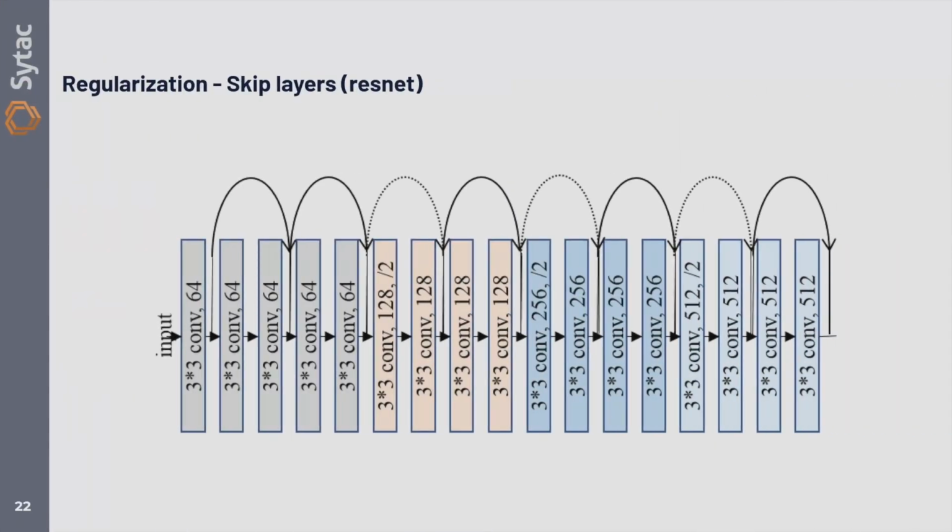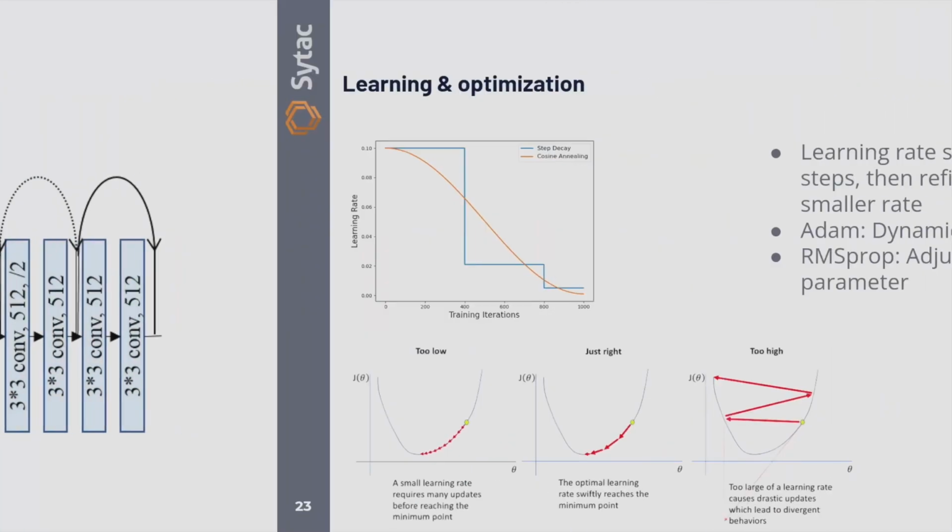Skip layers, so this is still used sometimes. It's also a very elegant solution in my opinion, in the sense that sometimes if you have a super deep network, it forgets information from earlier layers. You just ensure that the information can flow past layers. It can skip layers, and at the very end you can get information from earlier layers without any intermediate transformations, right? Skip layers. Very elegant solution. It's not used that often anymore, but for some networks, still very relevant stuff.